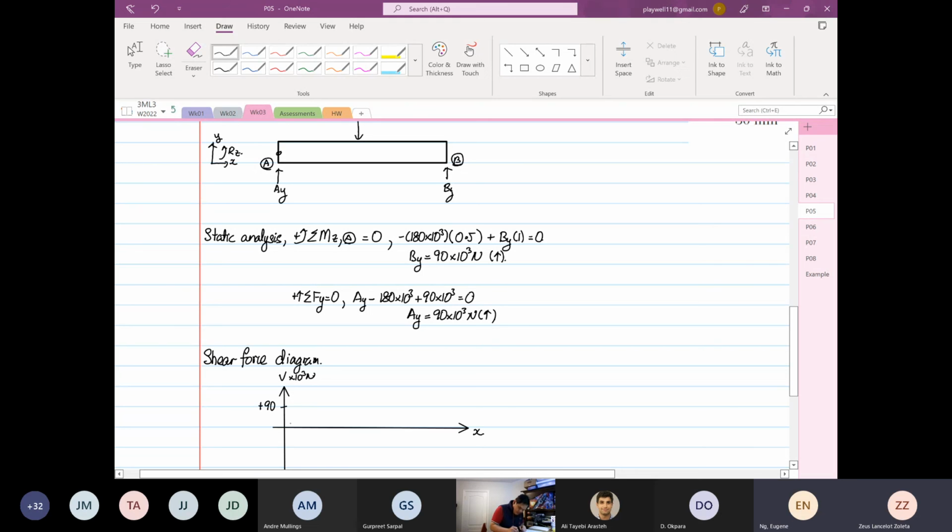And over here, this is our minus 90, this is 0, and this is our 1 meter, and this is our halfway. Right. So now we construct our shear force diagram. So our shear force diagram from point A where the load is applied, it goes horizontal, right? Then at this point, it will go down by 1/8